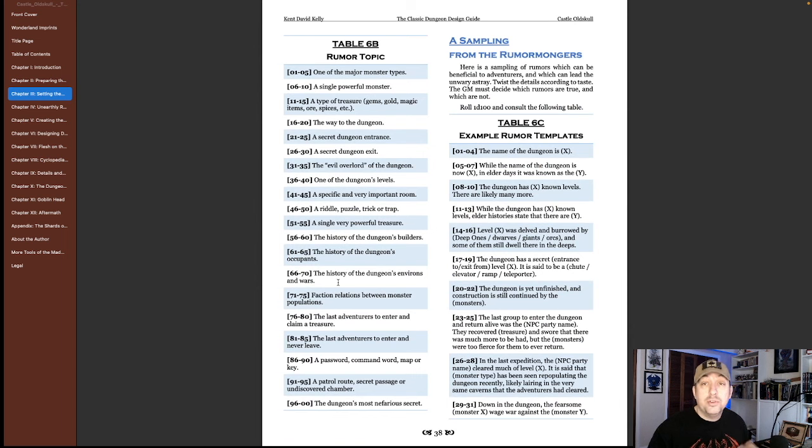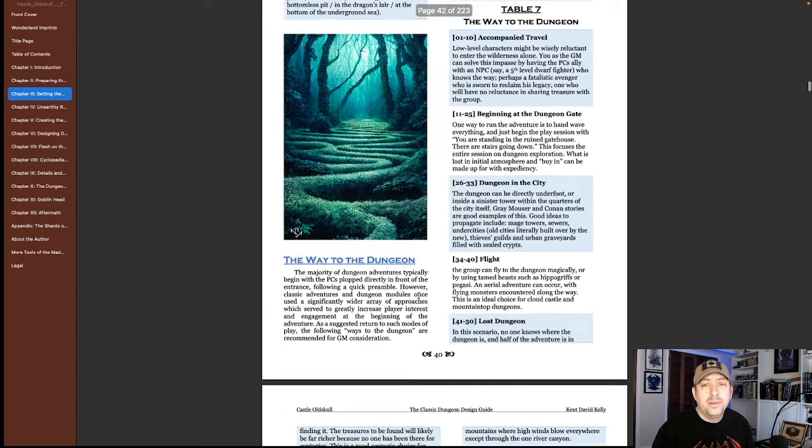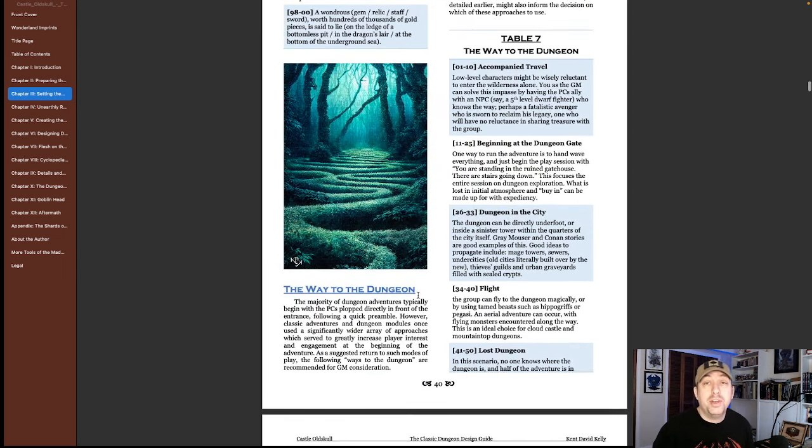And some of them are true, some of them are false, some of them are kind of true, but there's a little twist to them. So all of this is coming before you create the dungeon. That's why I really like this book, because it lets you create the precursor to the dungeon delve, and all of this can inform your ideas about what's going to happen in the dungeon, what